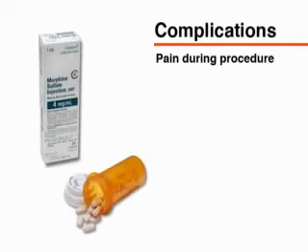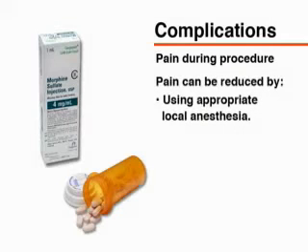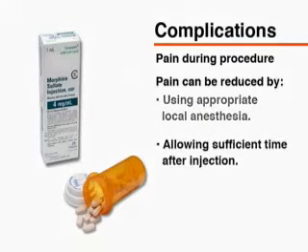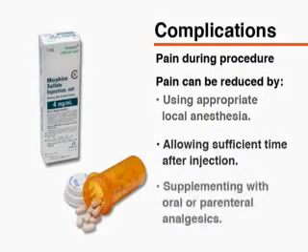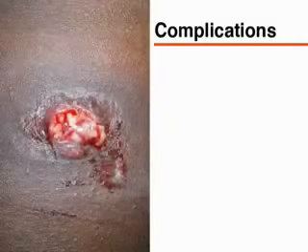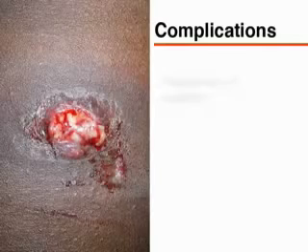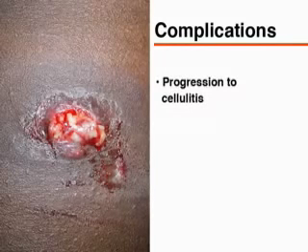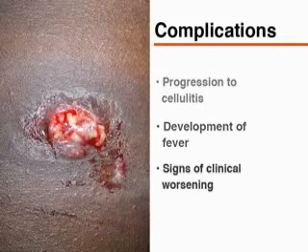The acidic environment of infected tissue leads to difficulties with adequate anesthesia provided by local anesthetic agents. Using appropriate amounts of anesthetic, allowing sufficient time after injection, or supplementing with oral and parenteral agents can increase patient comfort. Finally, additional complications to watch for include the progression to surrounding cellulitis, development of a fever, or other signs